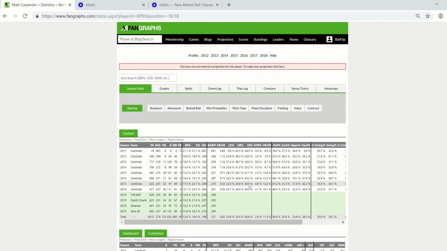And so with all of that being said, you're thinking, wow, that guy should be hitting a ton of home runs. But when we look at the home run totals, he had 23 home runs. Now, 23 home runs isn't anything to laugh at, but in today's game of baseball, especially in 2017 when the ball was juiced, 23 home runs was not that great, especially when you're not necessarily getting batting average or speed